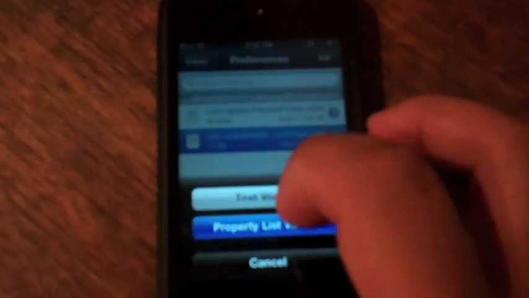Open up the first one again with the Property List Viewer. Scroll down to your file, and if you see that it should have the 5 and the 7 zeros. Now tap Done. Make sure to do it all over again to check if the numbers are still there. Once you see that the numbers are there,